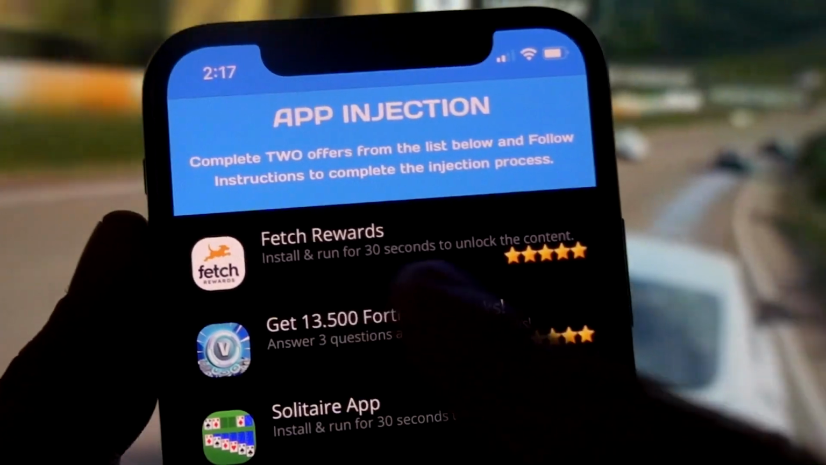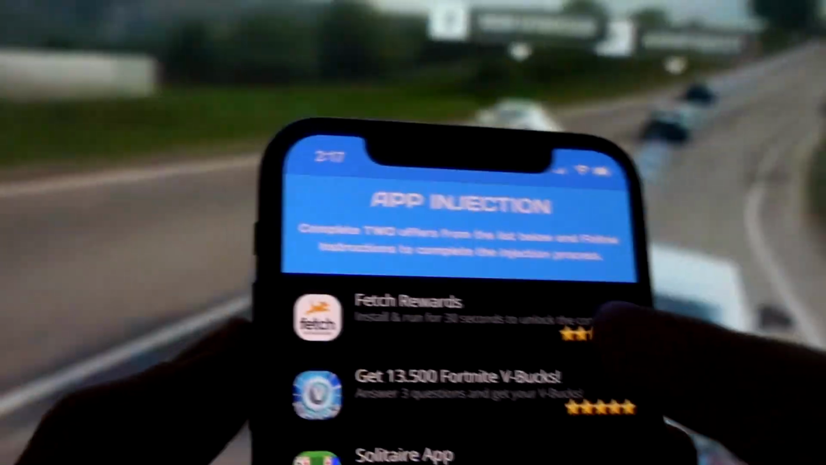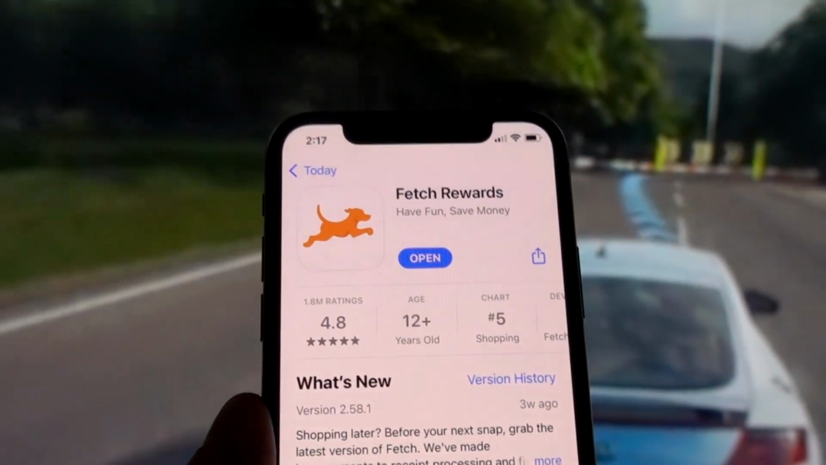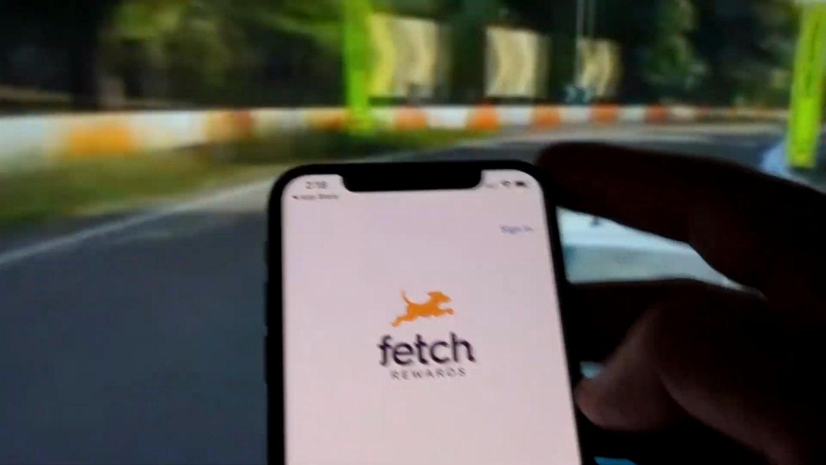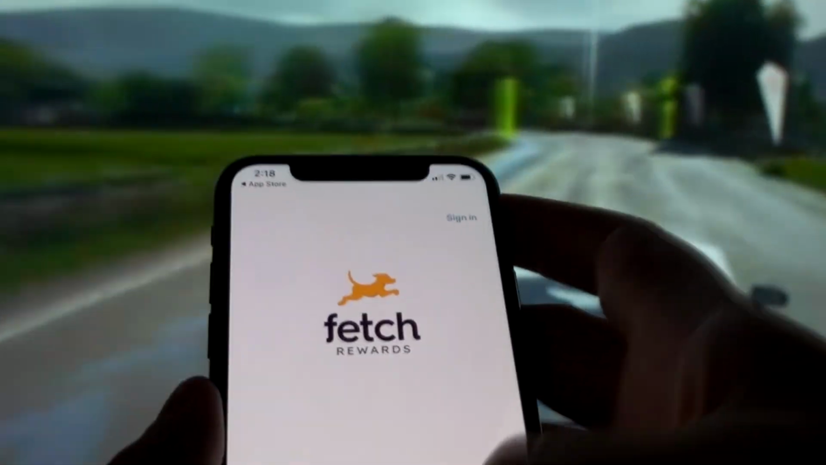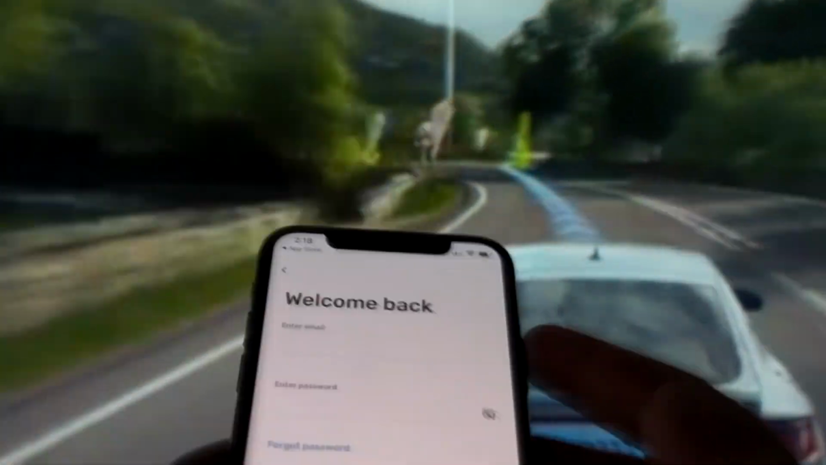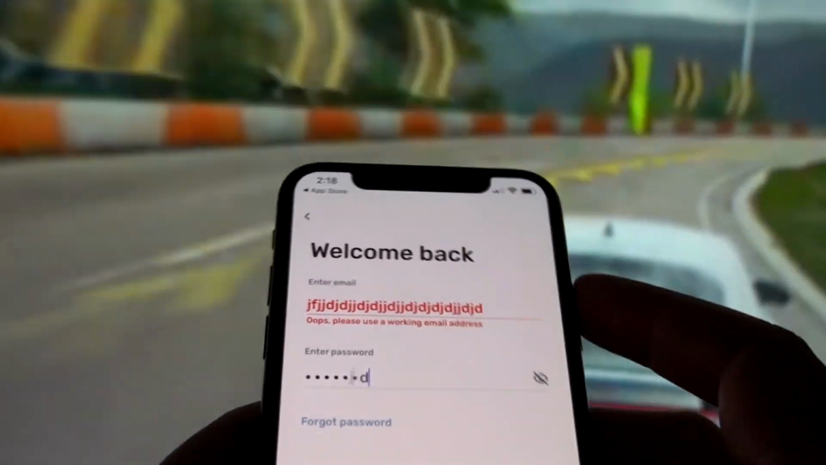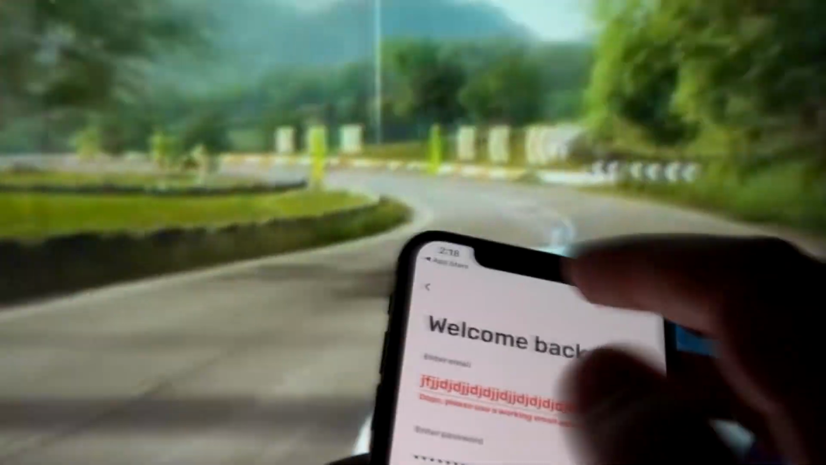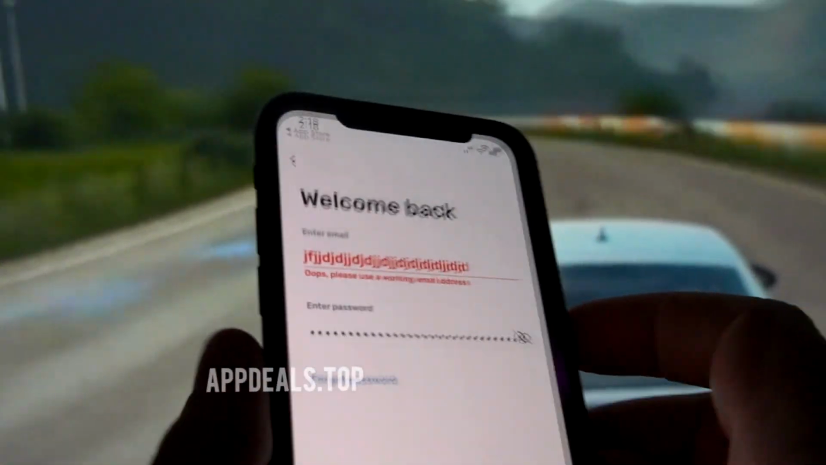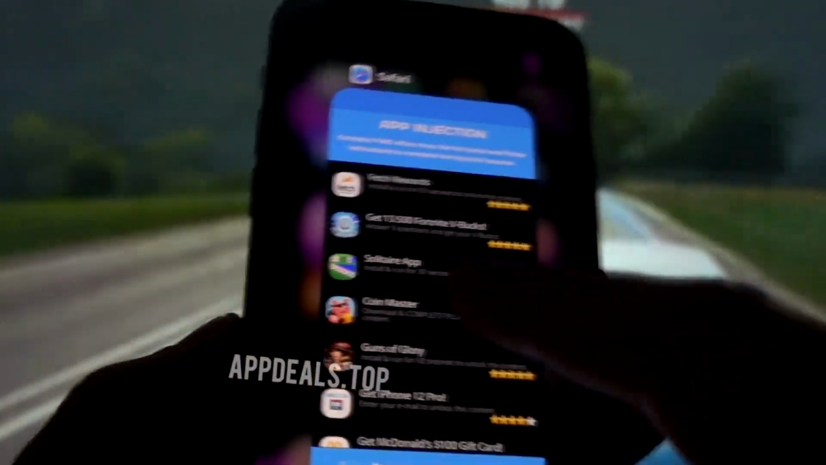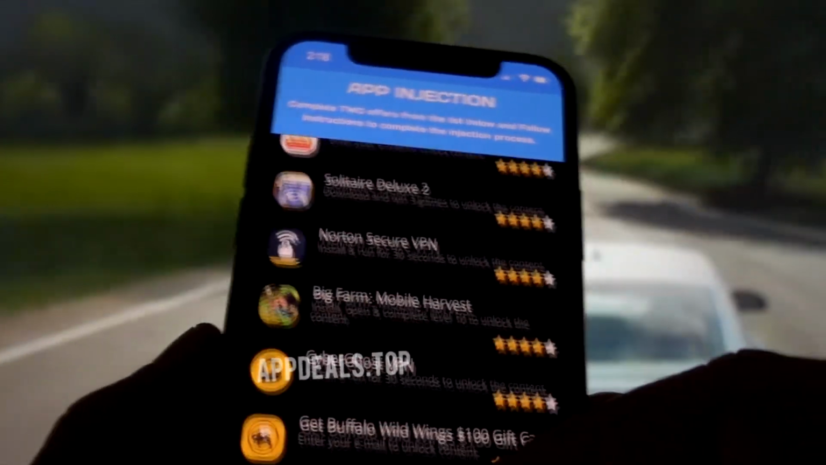My offer number 1 is going to be Fetch Rewards. I have to install this app and run it for 30 seconds. And these apps are downloaded from the official store, so they're 100% safe to use. And although they instructed me to run it for 30 seconds, I will run it for 40 to 50 seconds to be on the safe side, and would recommend you guys do the same as well. However, over here you might not notice it because the video has been fast forwarded to make it short, and rightfully so. I've completed my offer number 1, and my offer number 2 is going to be another easy one, which will be